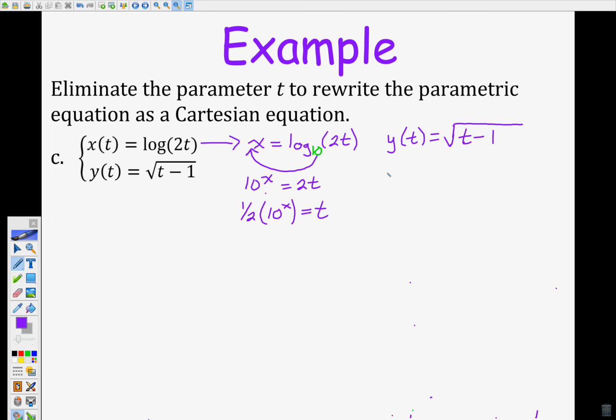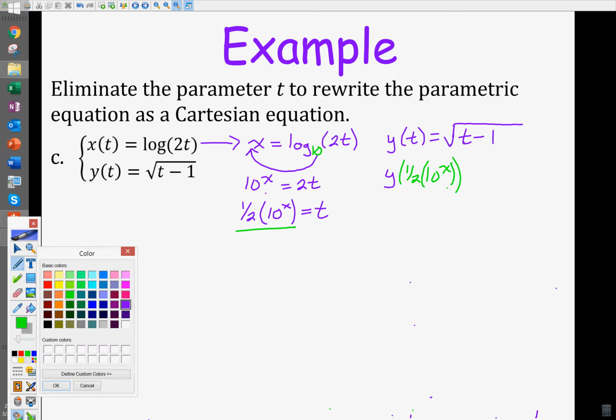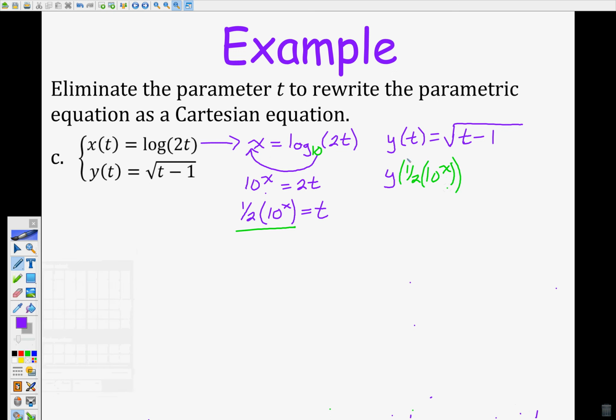And remember, instead of t, I'm going to be plugging in 1/2 of 10 to the x. See, it'd be even better if those were in purple. There we go. And so every time I see t now, I am plugging in